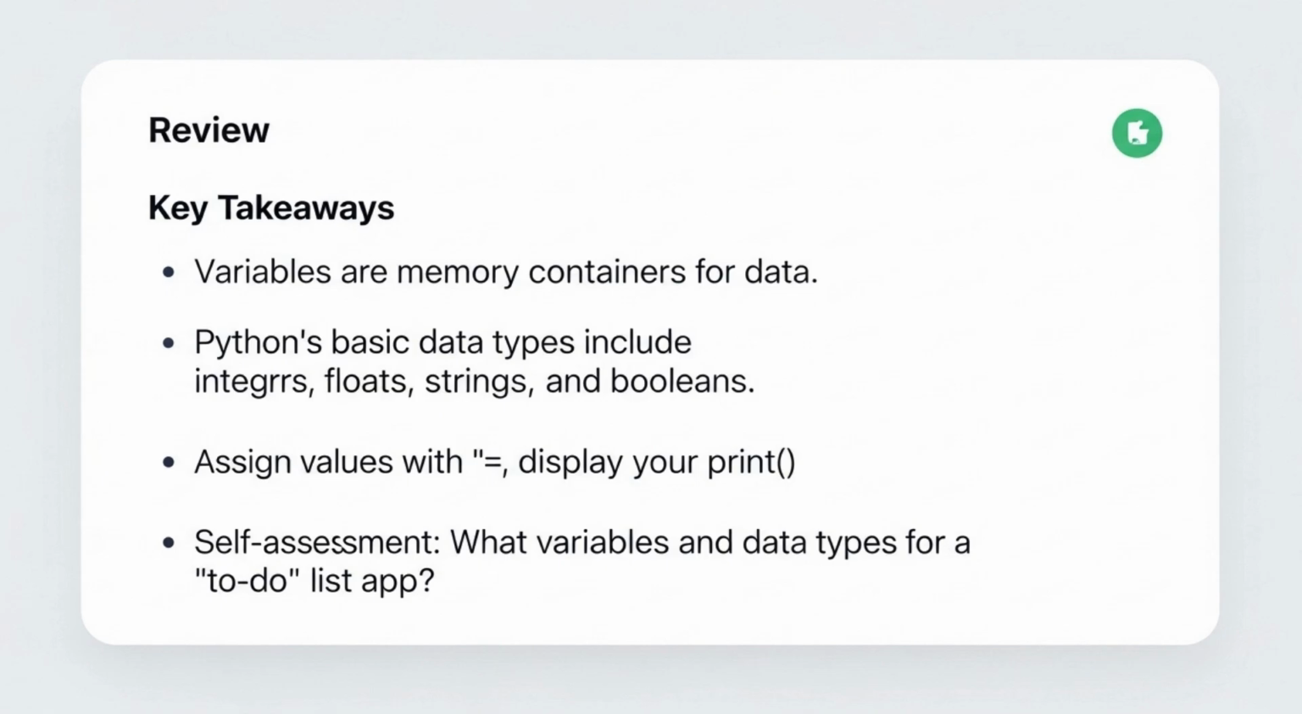We've covered a lot in this lesson, taking our first big steps into Python programming. We started by understanding that variables are essentially labeled containers in your computer's memory, holding different pieces of data. Then we explored Python's fundamental data types, integers for whole numbers, floats for decimals, strings for text, and booleans for true-false values. Knowing these types helps you handle data correctly and prevents errors when you try to perform